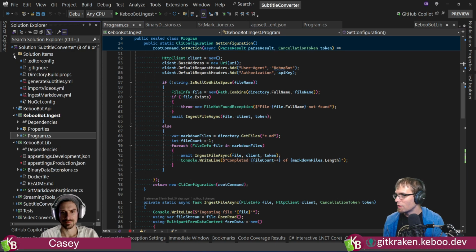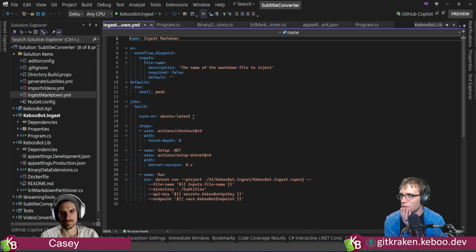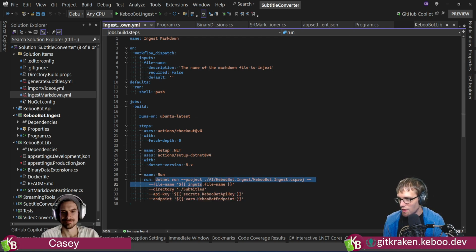And then if we go and look at ingest markdown.yaml, we wrote this little GitHub action, which is just doing a .NET run on our little ingest project. It passes in the file name so we can feed it an individual file from my repository.